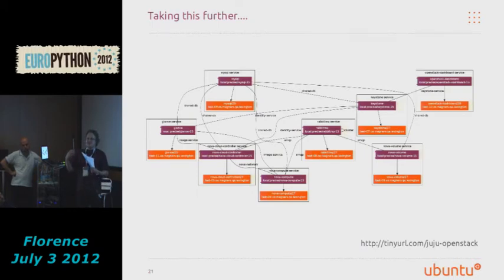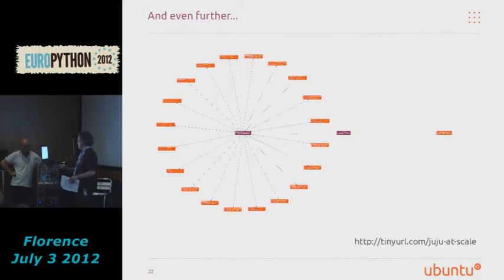And at the end of that, we have a deployed OpenStack environment we can then black box test using some of the stress and functional test suites that OpenStack provide from upstream. And you definitely won't be able to see this one.